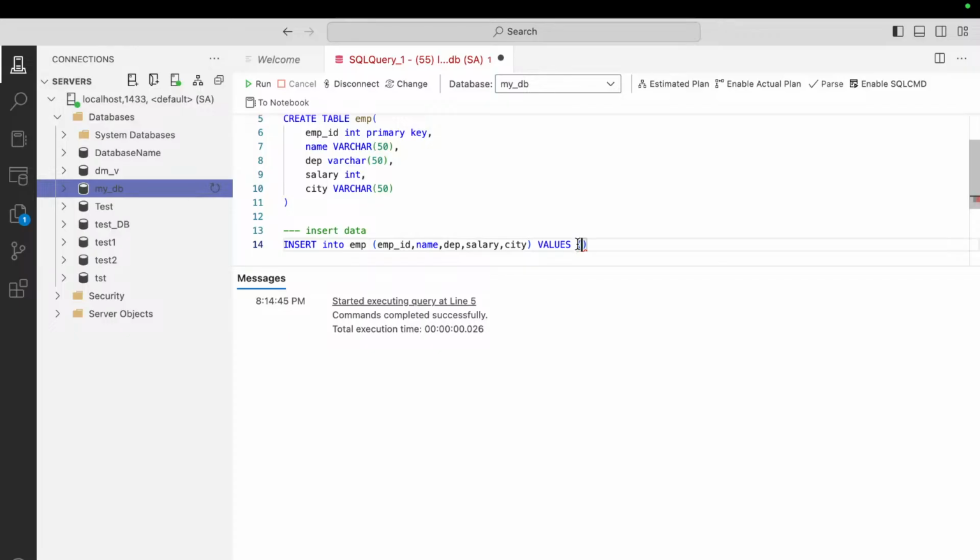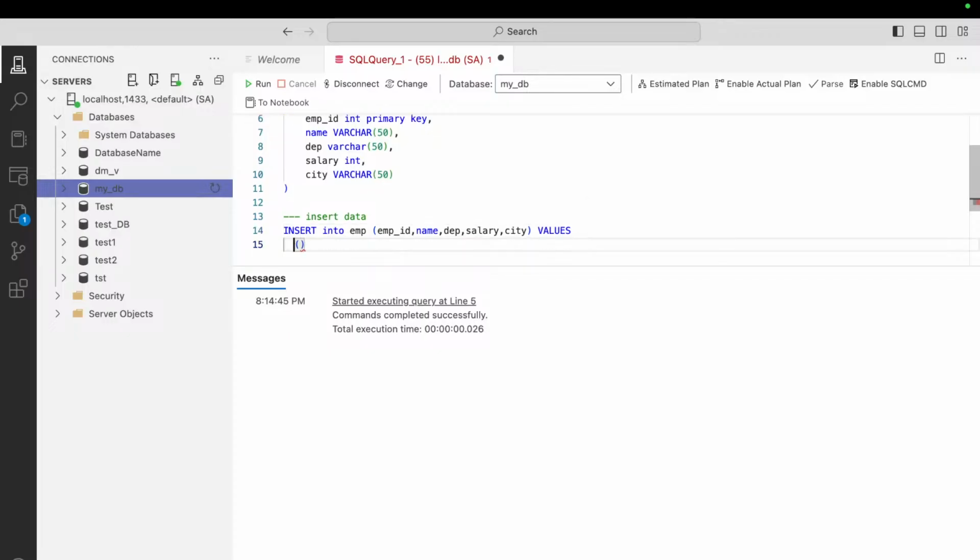I prefer to write in a new line, so just press enter or control shift enter, no issue at all. I try to enter some data: 1, and the name is going to be Rahul,